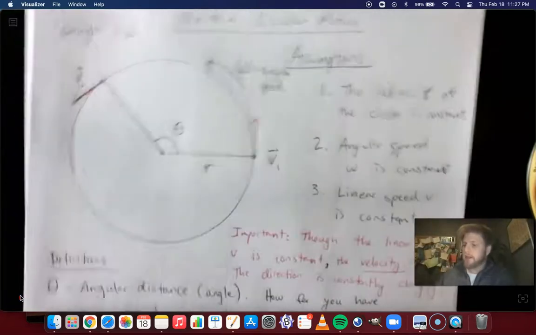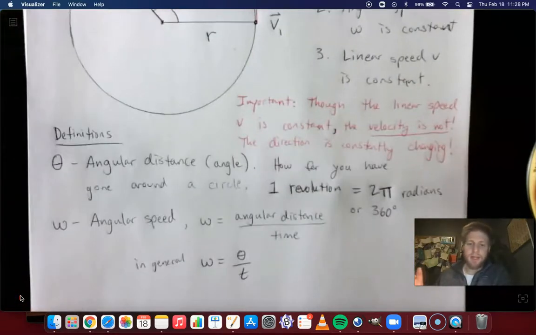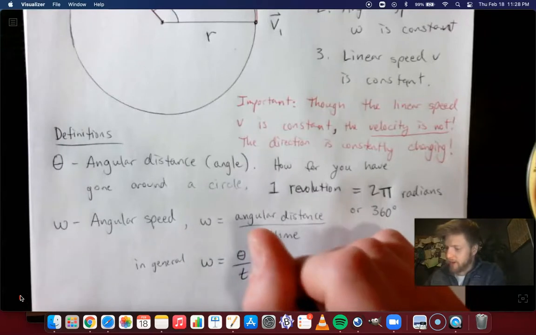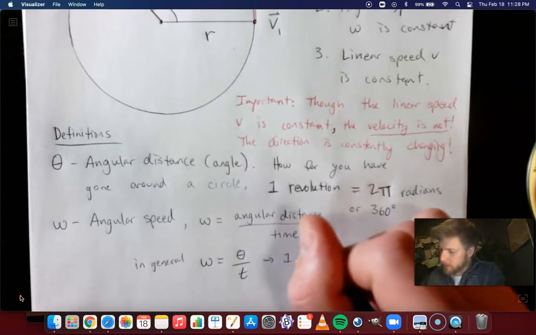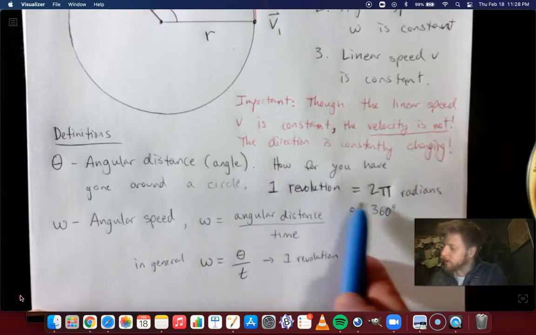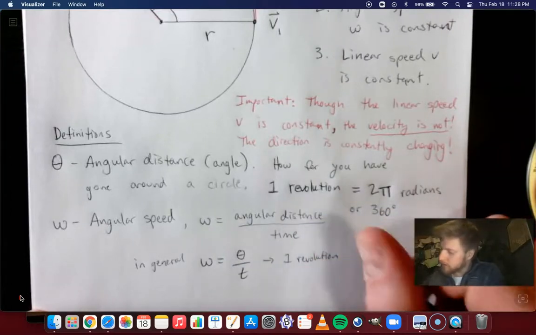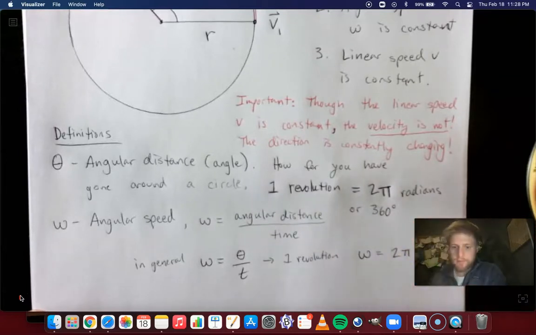So for example, I'll just make this up. Let's say we went 120 degrees in 5 seconds. You can do the math and work out how many degrees per second you went through. But what we normally like to do is say, okay, what if we do just 1 revolution? When we do that, we can define omega just like this. 1 revolution, we said, was 2 pi radians. So omega is 2 pi